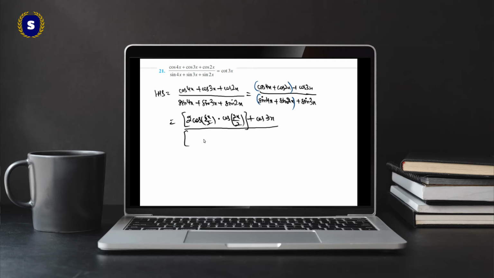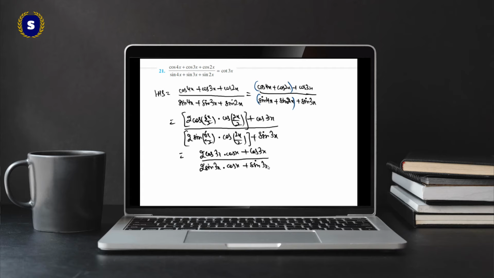Same way on the denominator side, 2 sin 6x divided by 2 into cos 2x divided by 2 plus sin 3x. So you get 2 cos 3x cos x plus cos 3x upon 2 sin 3x cos x